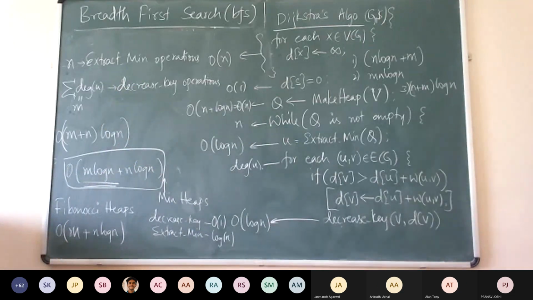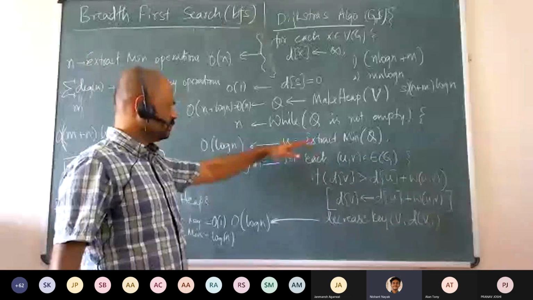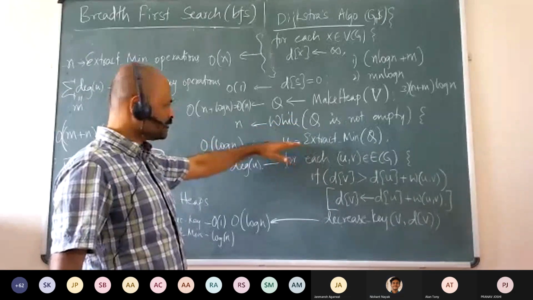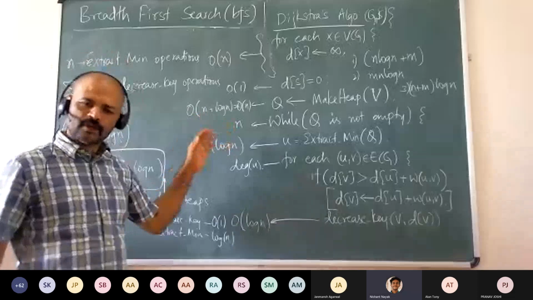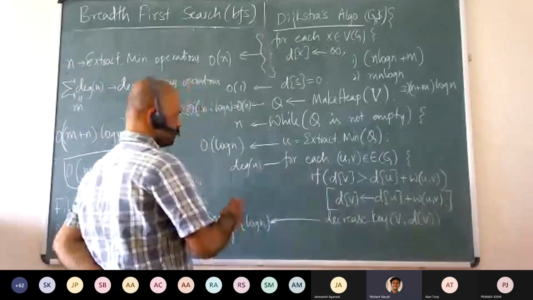Sir, could you explain the time complexity of the while loop? I'm not understanding why the for loop runs degree of u times, and this is inside the while loop. Yeah, Nishant. Everyone, do you understand that we are doing n extractions? Yes, sir, that I understood. I understood why extract is also log n.